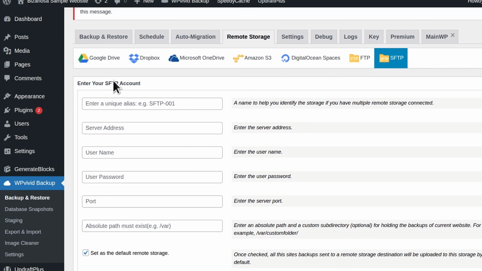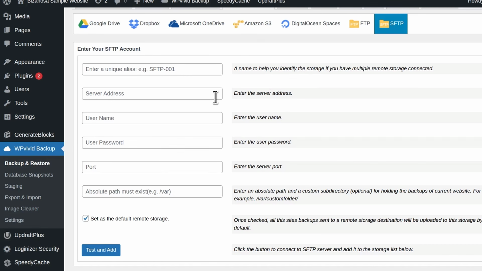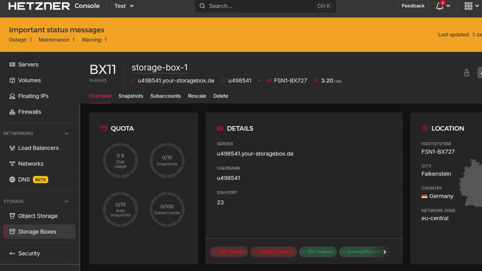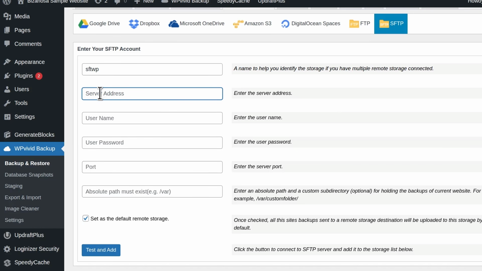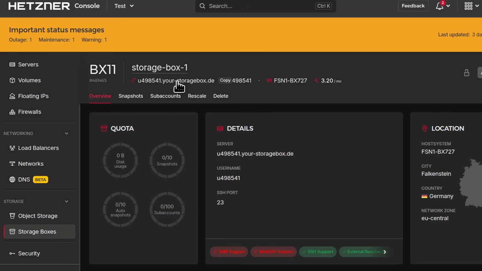Enter your SFTP account. So this is just a name you can add there, maybe SFWP. It can help you identify the storage to let you know that you're working with this plugin on this website. So server address, let's get the server address from Hetzner. There you go. Put it there, server address, and then the username, get it from Hetzner. Copy,